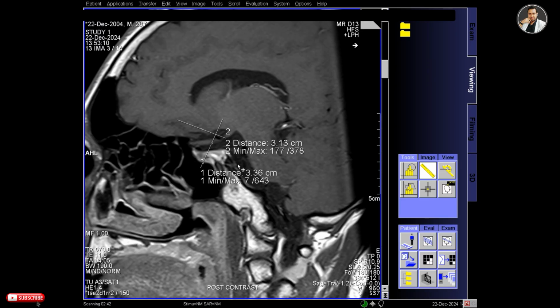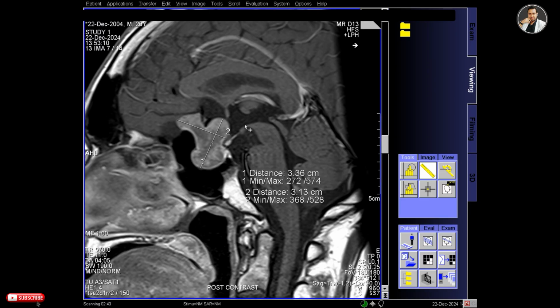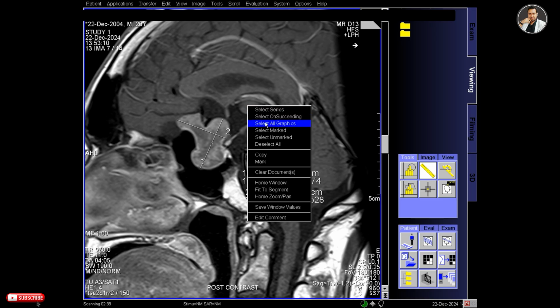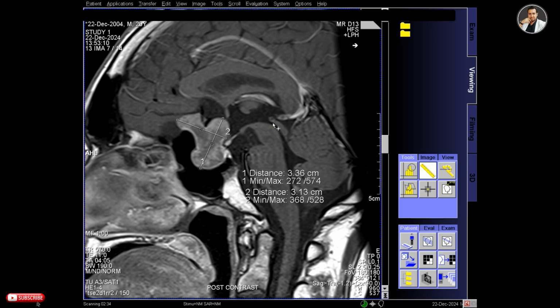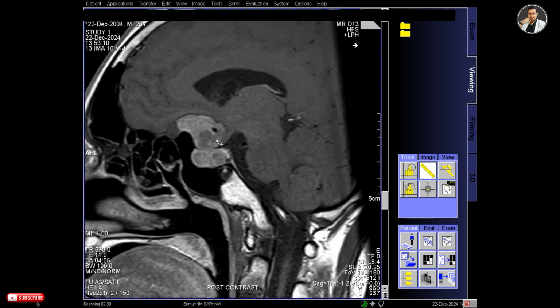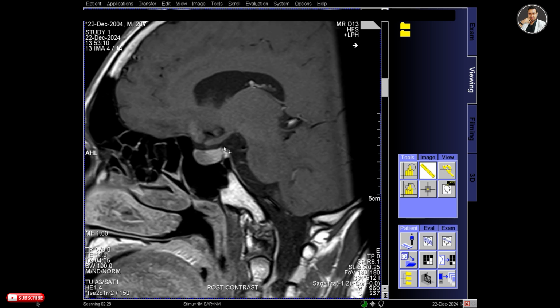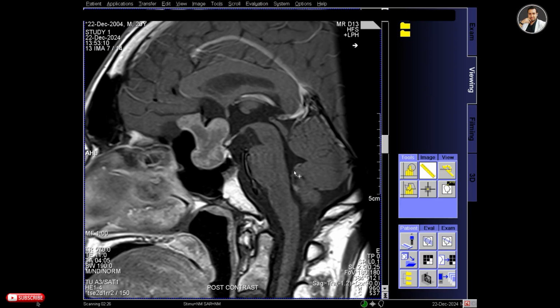but I want the scale in one image. To delete the scale, select all graphics and press the delete button. So all the graphics will be deleted from all the images. And now select one image. If you select series, then all the images will be scaled.